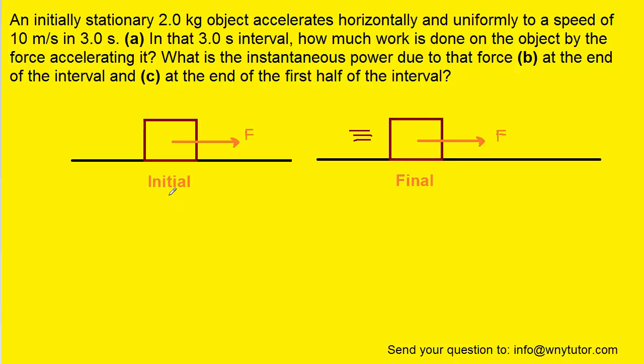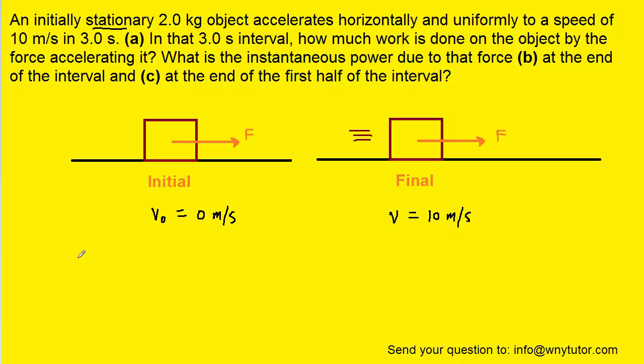Now, initially, the 2 kilogram object is stationary, so of course that means that its initial velocity is 0 meters per second, and then it reaches a final velocity of 10 meters per second, so we can mark that as well. And then in order to calculate the work done in accelerating this object, we can consider using the work kinetic energy theorem,